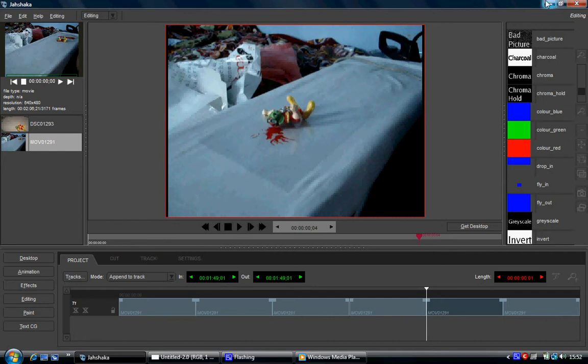Obviously, in real life, you'd take a lot longer. I've taken 1, 2, 3, 4, 5, 6 pictures, which is basically 6 frames, which is not even a second, it's 25% of a frame. So it's a quarter of a second. So that's why it seems a bit weird. But if you wanted to slow it down, for example, you could stretch this out with really tiny, minute additions